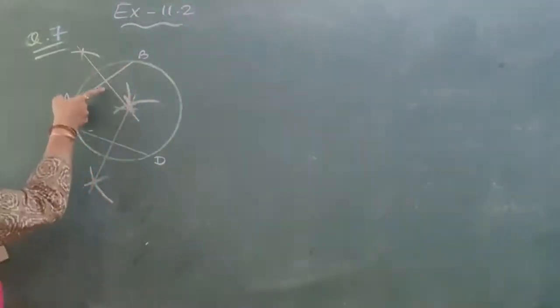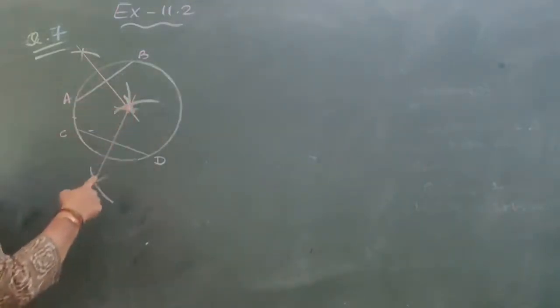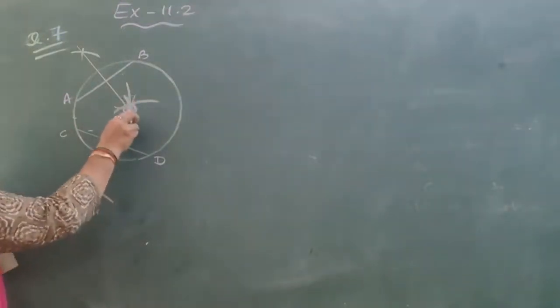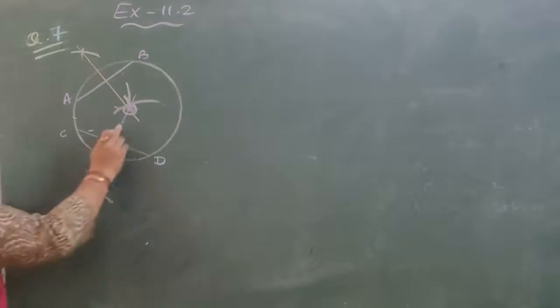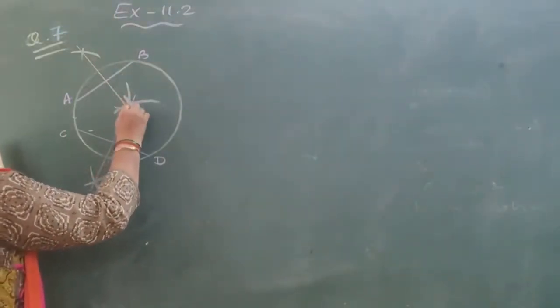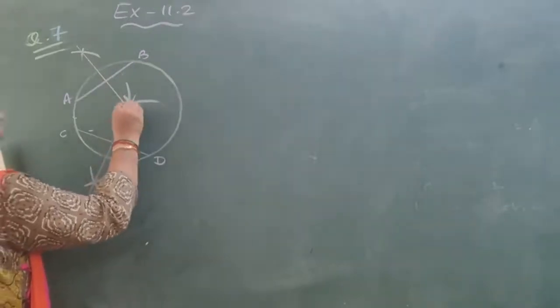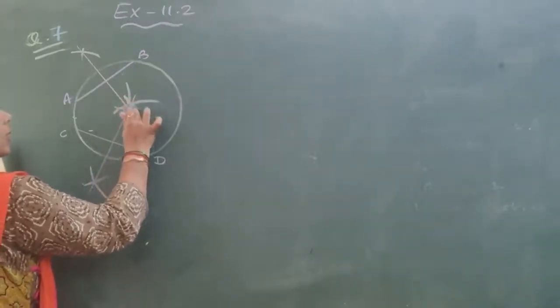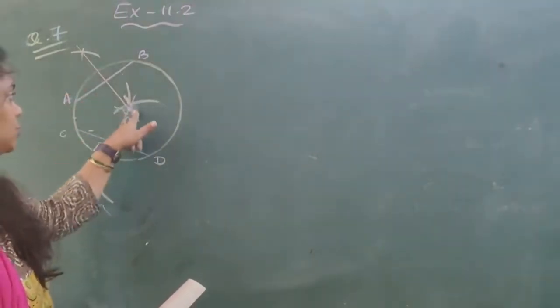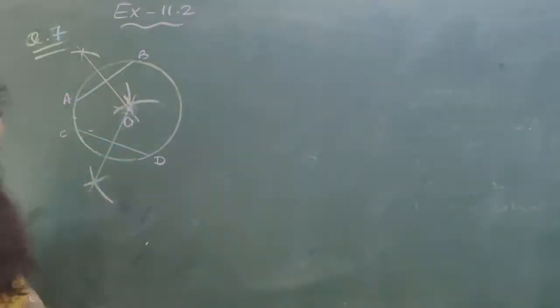Now if you see both the perpendicular bisectors, here it is in orange color, here it is in purple color. They meet at this center. Okay, they are meeting at this center. And this center we denote and give the name O. So O is the center of the circle, which we get without using the rounder or compass.